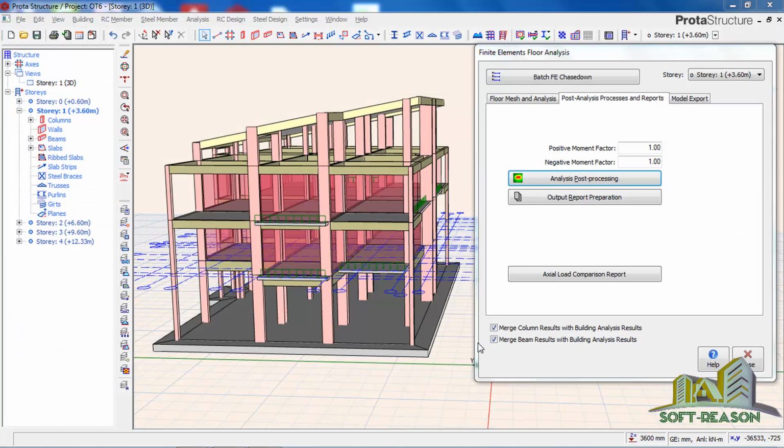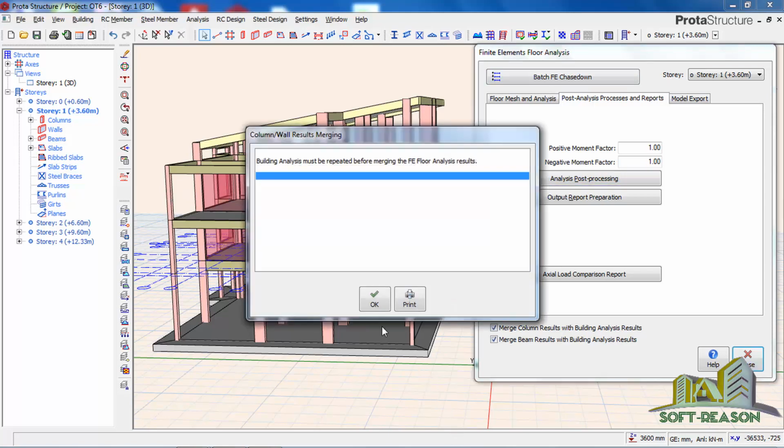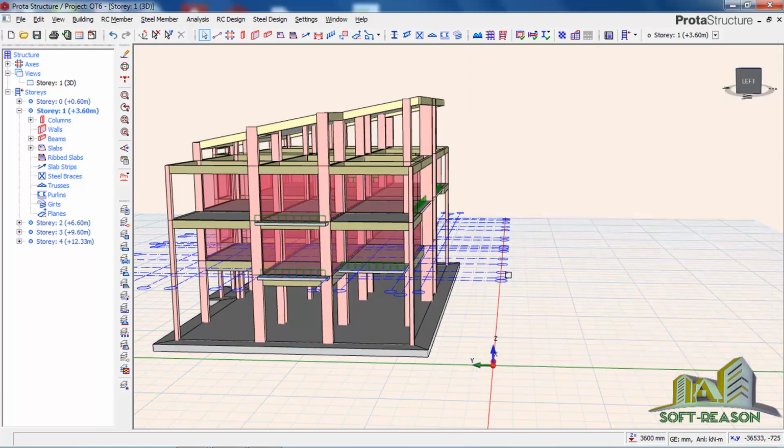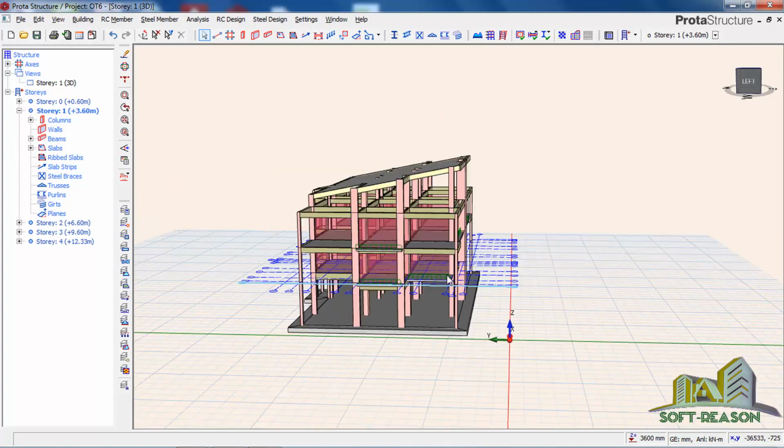So the lesson teaches us how to run slab analysis using the load chase down method. Okay, so I will close this. Okay, so after which the next thing you need to do, you have to